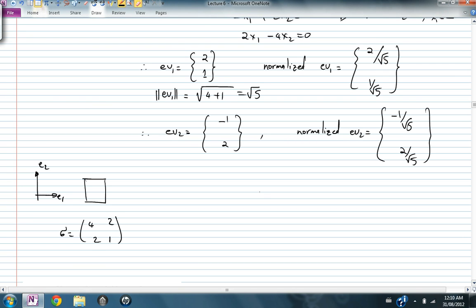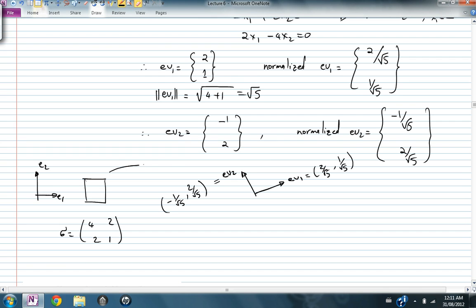If I actually choose another coordinate system made out of eigenvector 1 and eigenvector 2, the normalized version, which is 2 over root 5, 1 over root 5, and this one is equal to negative 1 over root 5, 2 over root 5. If I choose this coordinate system,